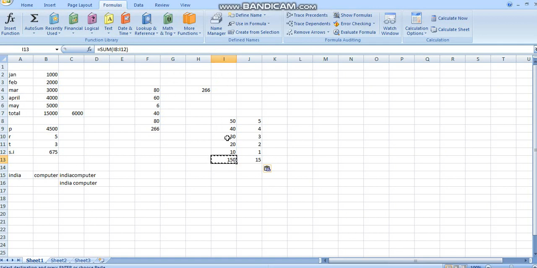This reference I18 to I12, when I select this 15, is automatically changed to J18 to J12. It means when we copy in Excel, the digit won't get copied, its formula gets copied.